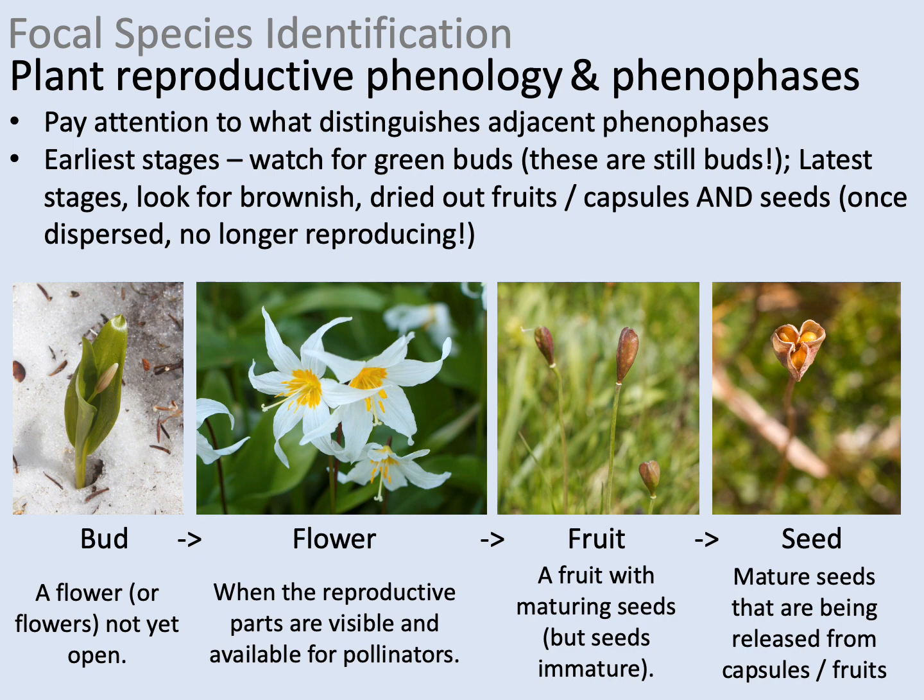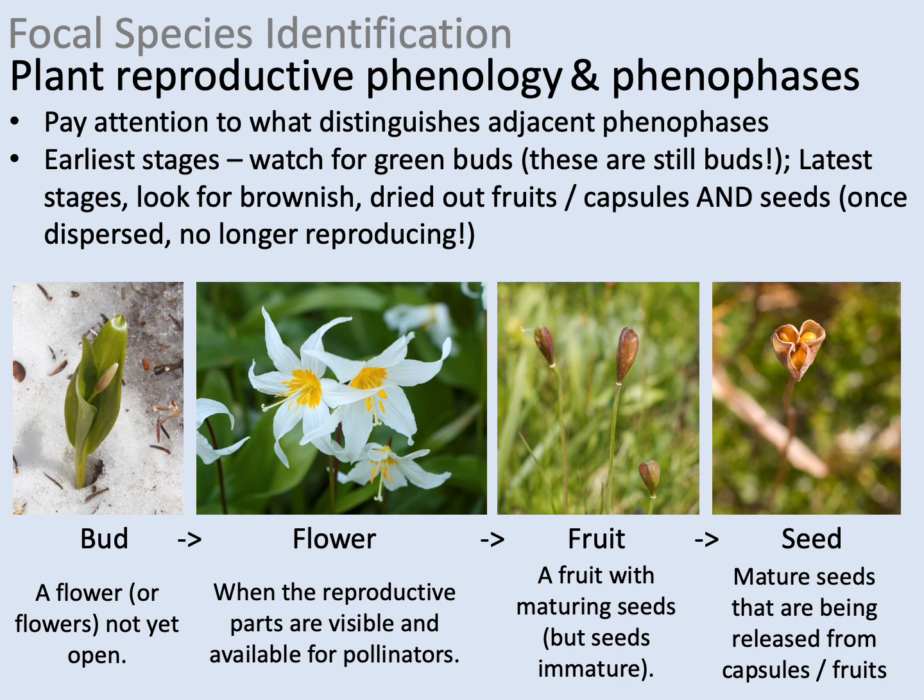Collecting MeadoWatch data requires not only that you be able to identify each of our focal species, but also that you can distinguish between 4 reproductive stages, which we call phenophases. In reality, of course, plant reproduction is a continuous process with no sharp divisions between one phase and the next. But for our purposes, we will ask you to do your best to decide when a plant is in each